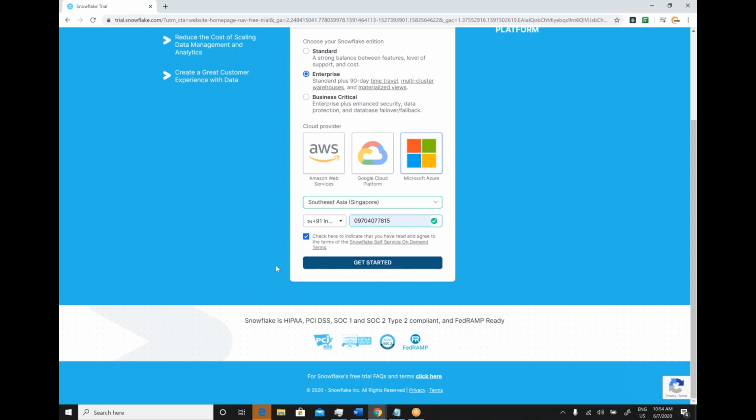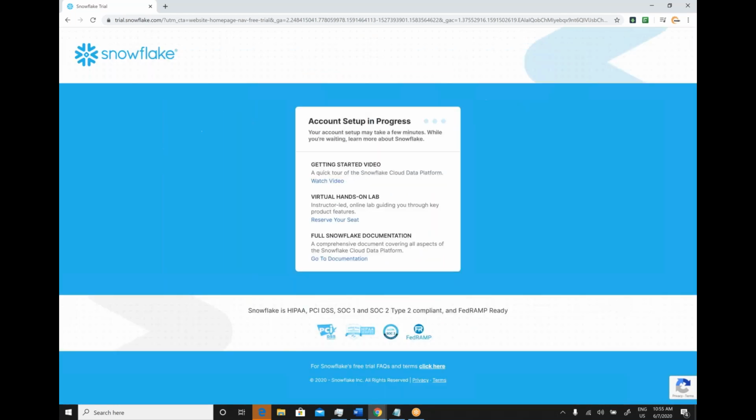Click on get started. Whenever you click get started, Snowflake is arranging and preparing our environment, and it will send a mail to us once that is ready. So we are going to get the URL where to log in over our mail. From there we can continue the sign up process. I'm just waiting to get a mail and a confirmation.